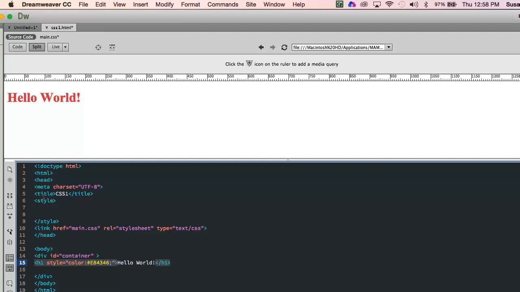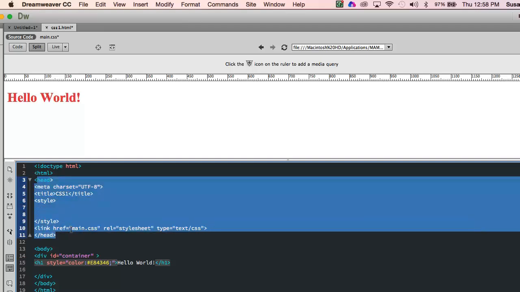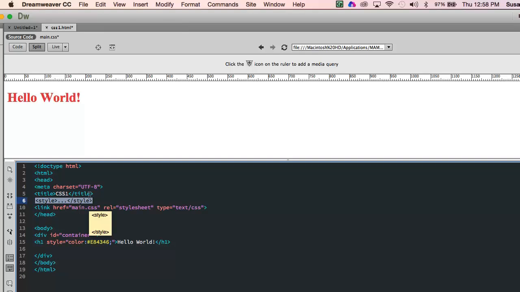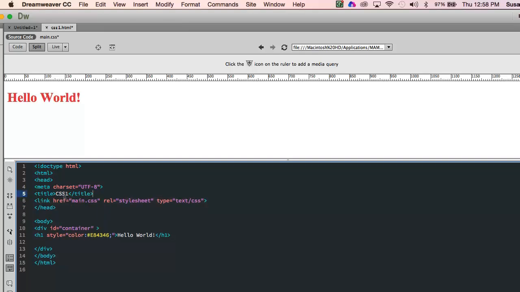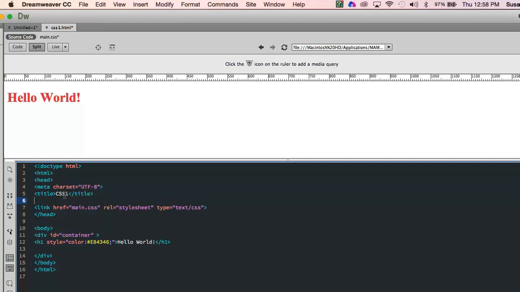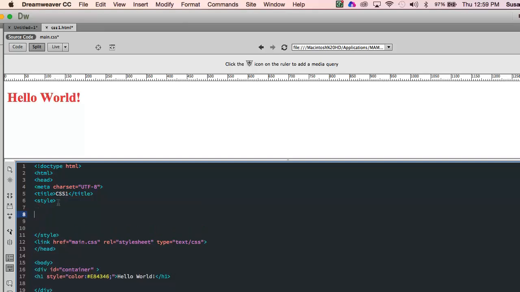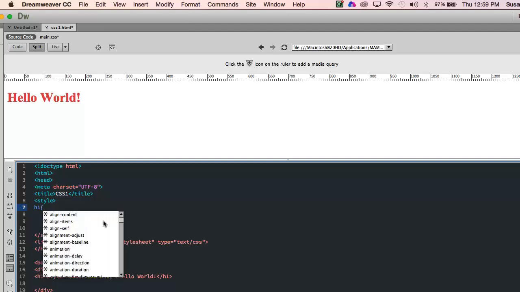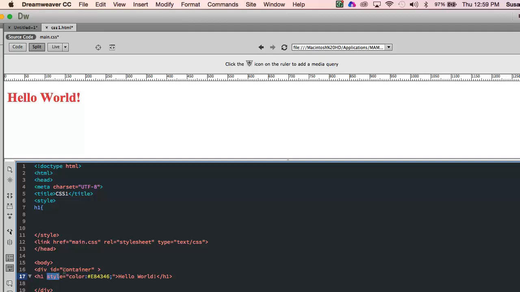The other place where I can put it is up here inside of the head tag. You see that I have style tags here. Let me put those again. Whoops, I erased them. And then inside of that, I can identify all of my H1 tags by calling the tag itself. So here I could put that information. Let's remove it from here. So I go back to being